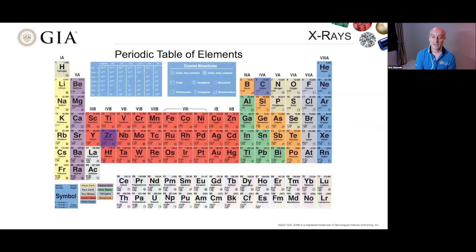Carbon has an atomic number of 6, which is well below that of zirconium at 40. So we have the carbon here at 6 and the zirconium here at 40. When both materials are exposed to X-rays, carbon allows the X-rays to pass through more freely than the zirconium. Hence, it is a very quick, albeit expensive when it comes to the equipment, way of separating the two materials.